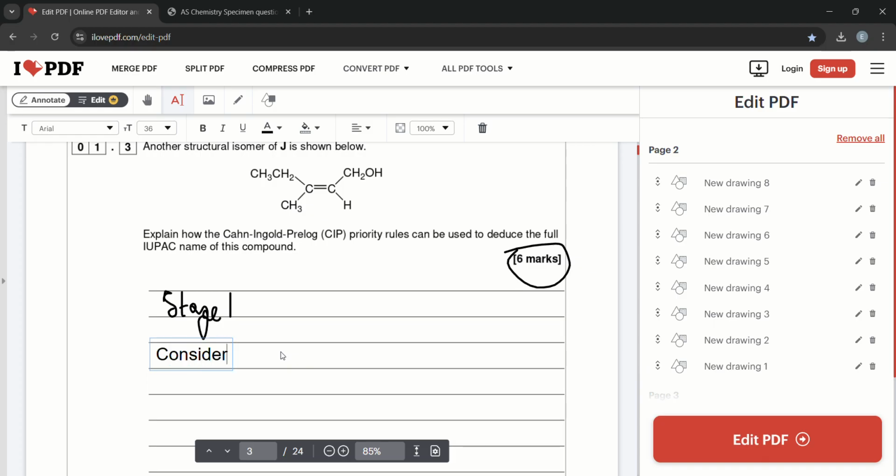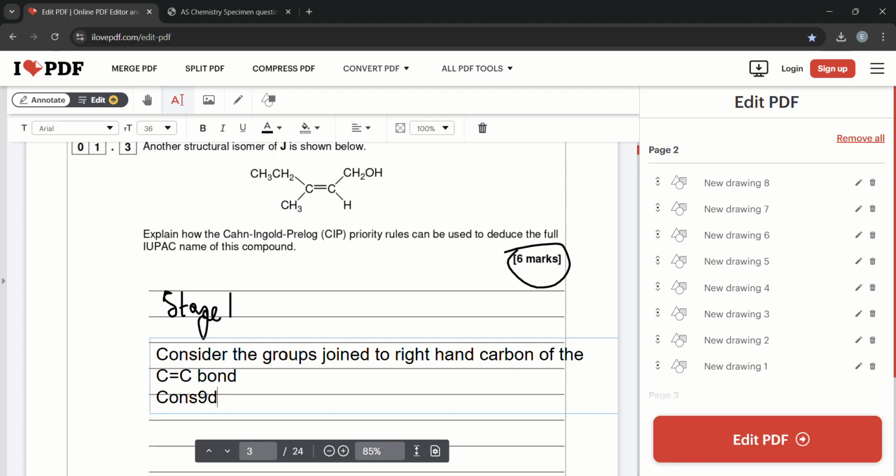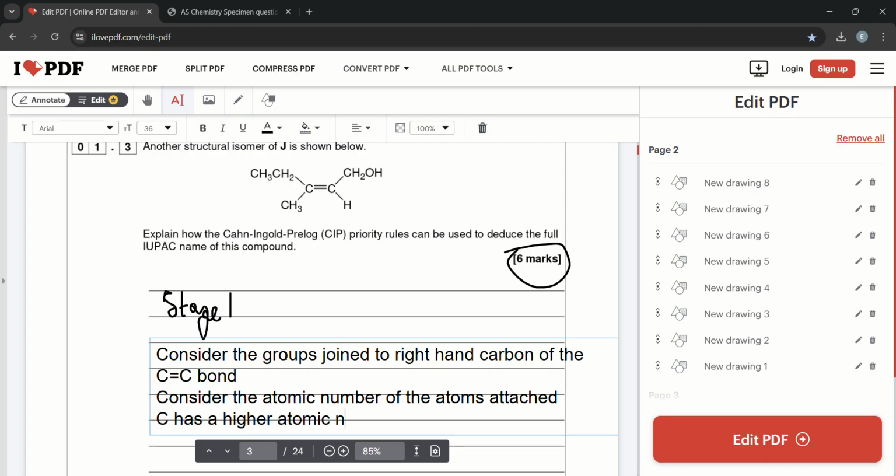We want to consider the groups joined to the right-hand carbon of the C=C, and in stage 2 we'll consider the groups joined to the left-hand carbon. In this case, right-hand carbon. Consider the atomic number of the atoms attached, and we can clearly see that carbon has a higher atomic number